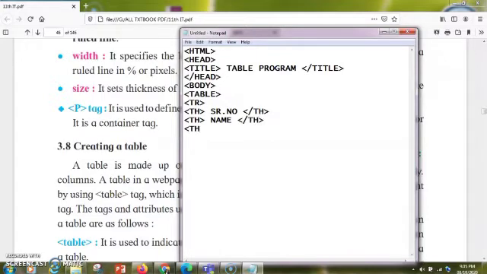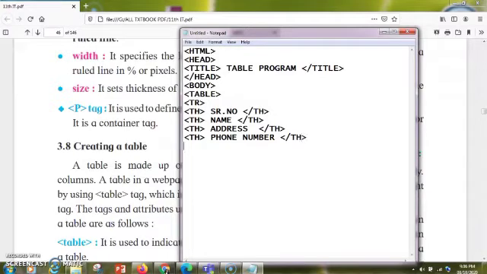The next heading will be address, then I'll end with /th. The next heading will be phone number, and then I'll end with the th tag.